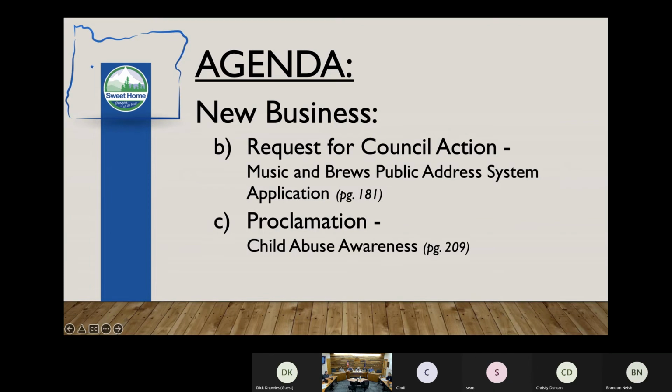There's going to be some pinwheel planting, and we're going to have somebody there speaking on child abuse prevention, making everyone aware of the importance of child abuse awareness, and encouraging people that if they see anything suspicious or have any kind of concern, to give the police department a call, and we're going to look into that. So if you can make it on the 2nd, we would love to have you there.